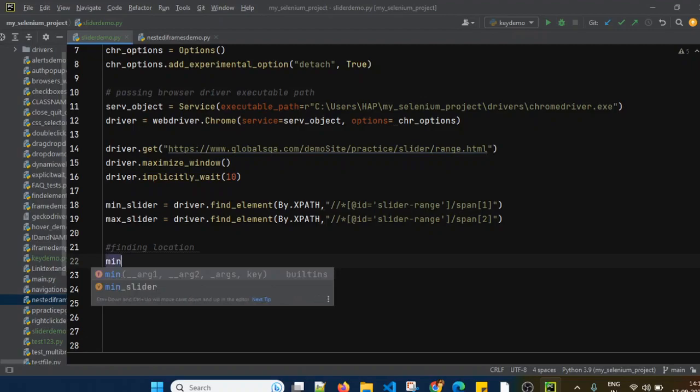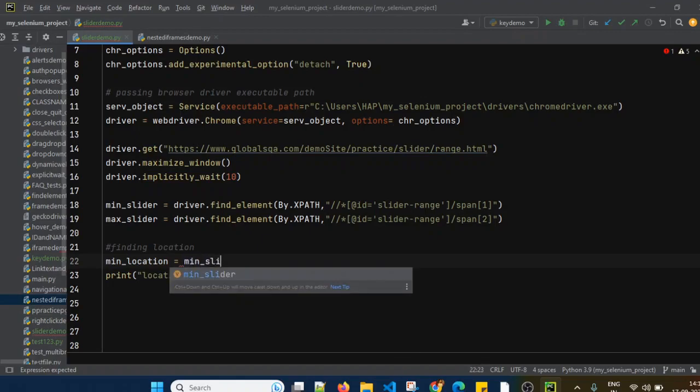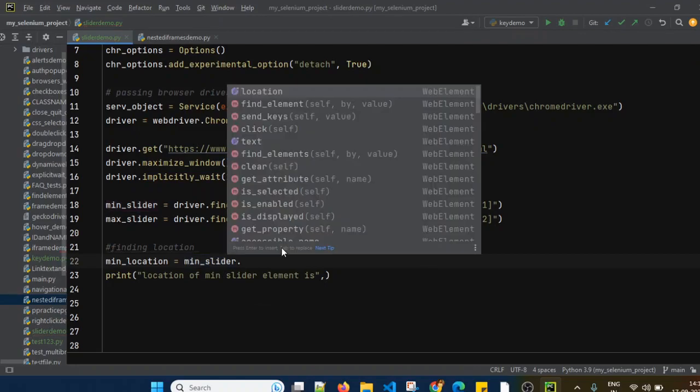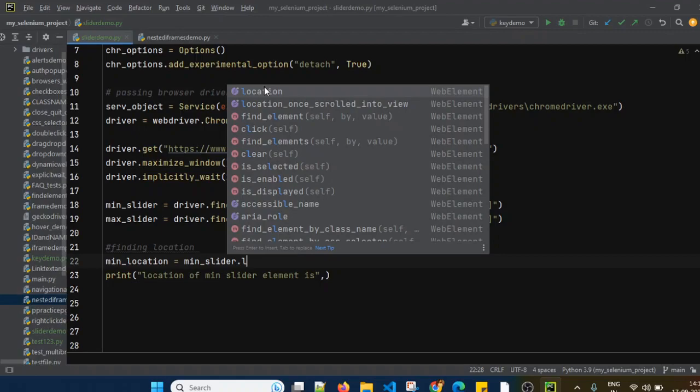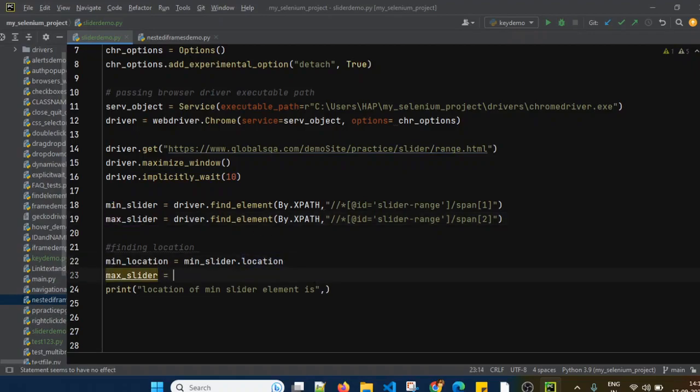I will create one variable, let's say min underscore location, in which I will find out the location. So what is the method? The method is that web element, that is the minimum slider, dot location. So this method will return the location of the minimum slider element. Similarly, we can find out the location for max slider as well.